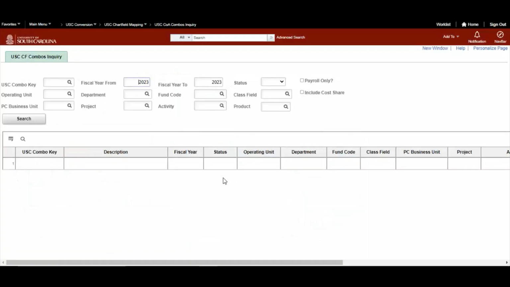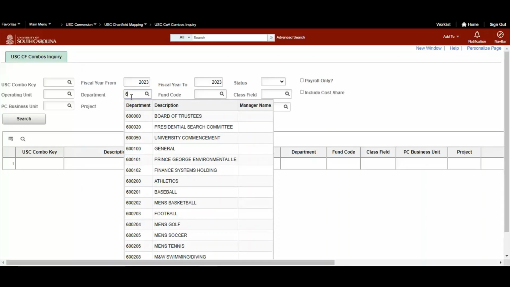I'm going to hit no, because we're aware that we didn't finish that process, and we're going to start putting in some information that maybe we do know in the crosswalk. You can always open this in a new menu or a new window within your browser, or you can do it just the same way that you just saw me do it. In this case, I just did it this way, and we can always just come back. So maybe I only have a little bit of information about my department. Again, this will help